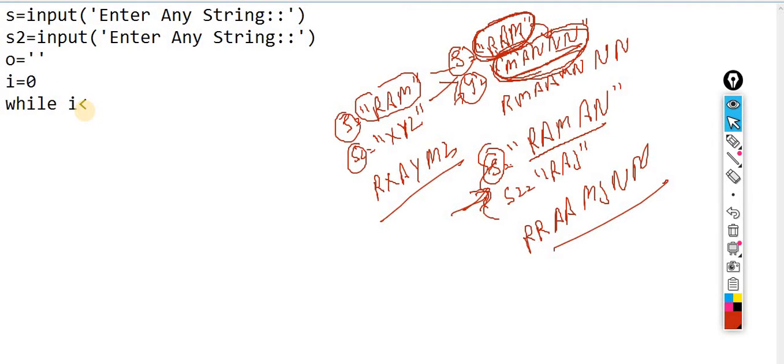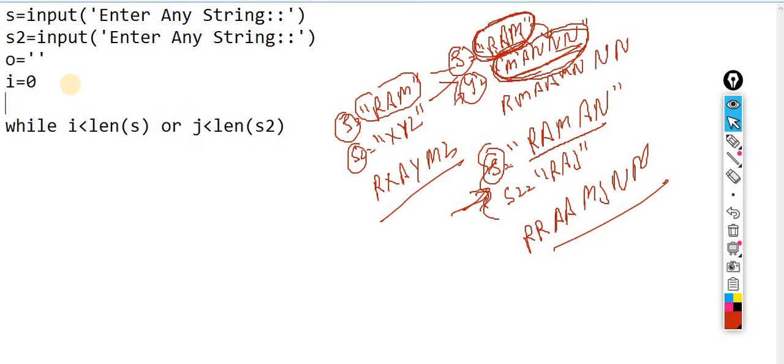While I is less than len of s1, or j is less than len of s2. So I am taking two variables, i and j: i will iterate through the first string and j will iterate through the second.